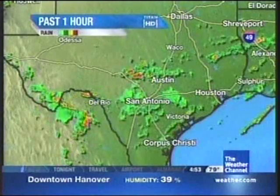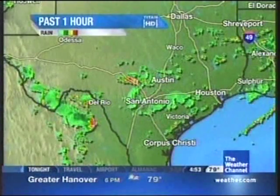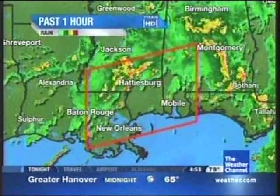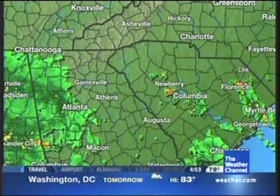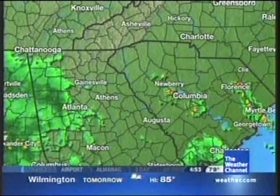Again, we do need additional rain across this region. No watches are out for this area, but the storms just to the west of Austin look pretty ominous. And there is the tornado watch. By the way, it's out until 10 o'clock this evening, and we'll be watching for the threat of hail, high winds, and tornadoes. Atlanta, we are continuously monitoring your radar too as we're noticing the rain come in from the